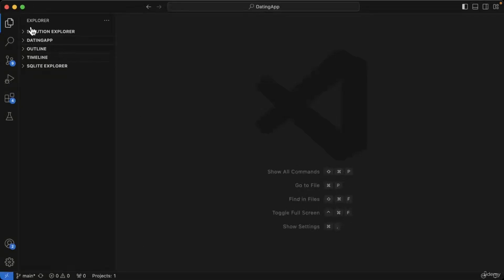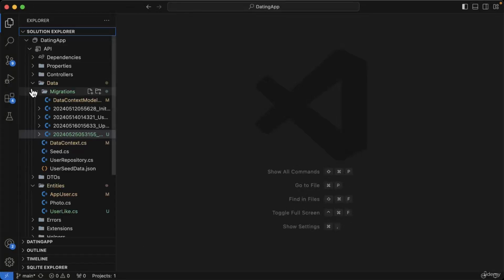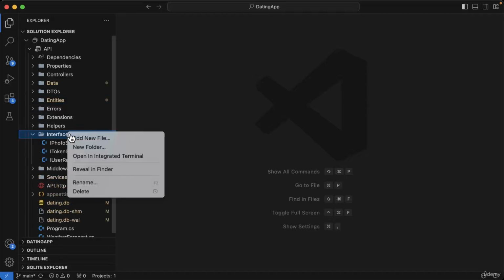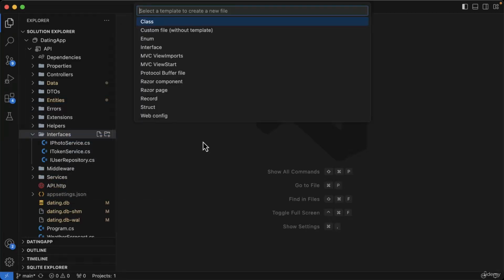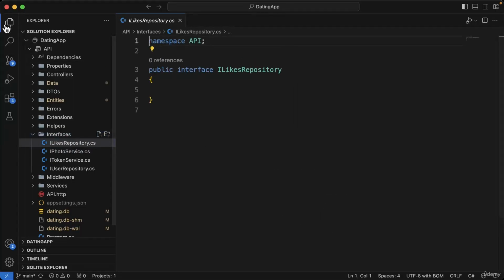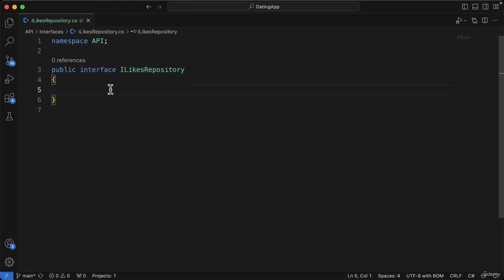Okay, let's create a new repository for our new entity. And inside the interfaces folder, let's start here. We'll say add new file, which is going to be an interface. And we're going to call it ILikesRepository and press return. And in here, we're going to define the methods that we're going to support in this